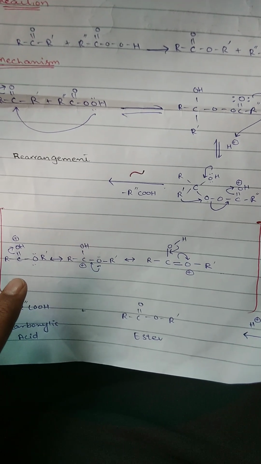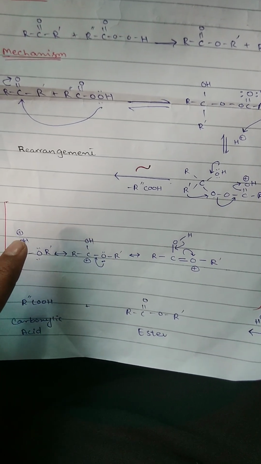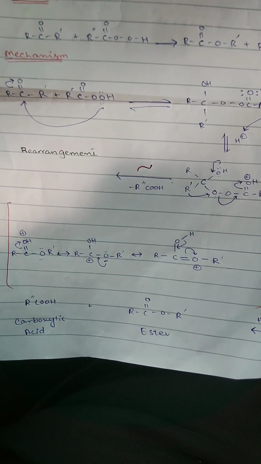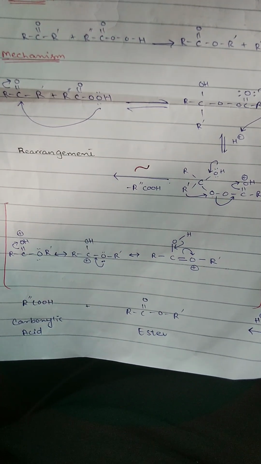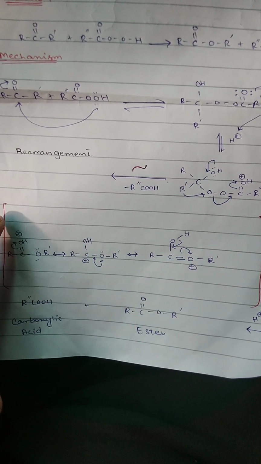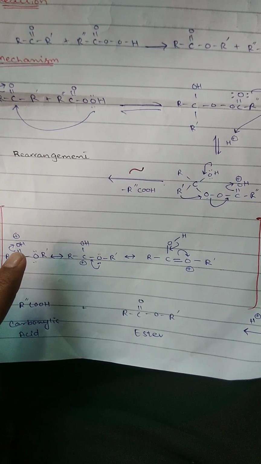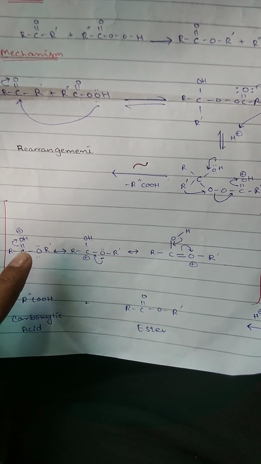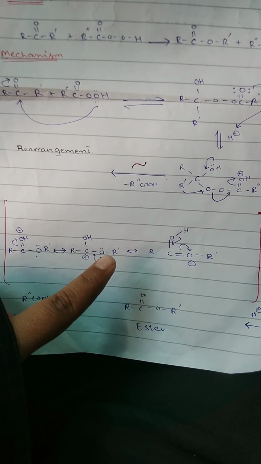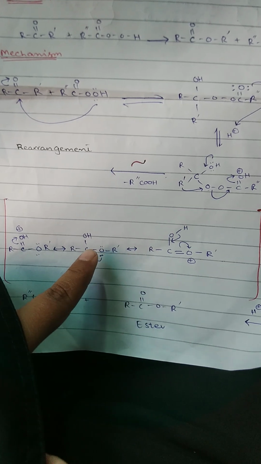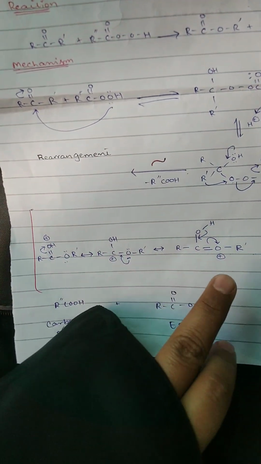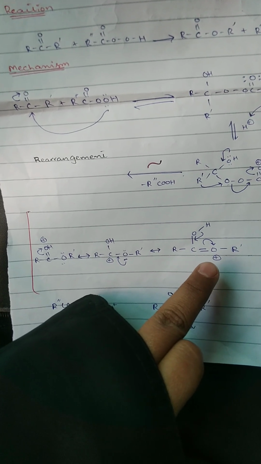How does it form the resonance structures? This oxygen is highly unstable. Whenever an electronegative atom gets the positive charge, it is highly unstable and this bond will move toward the upward. As the electron of the oxygen moves toward the upward, this carbon is electron deficient and forms the bond along with the oxygen atom that is attached to it. So the double bond is formed with the oxygen. Now this oxygen is highly unstable.